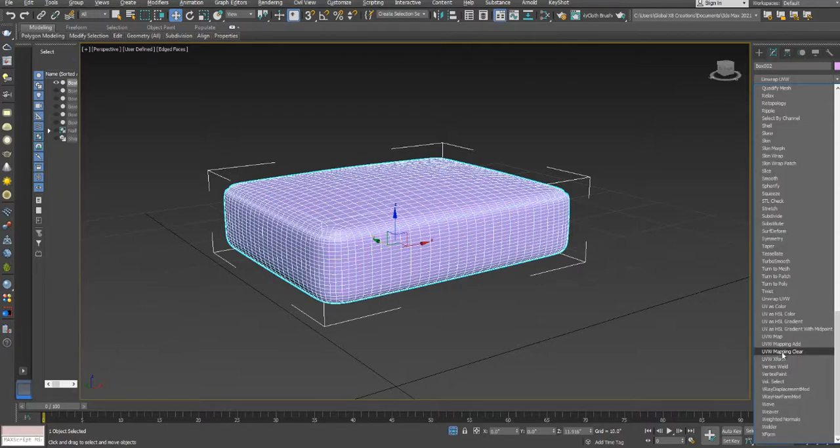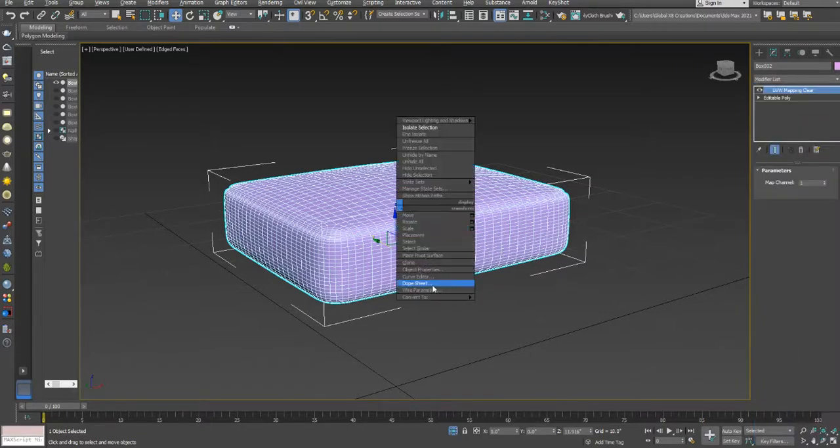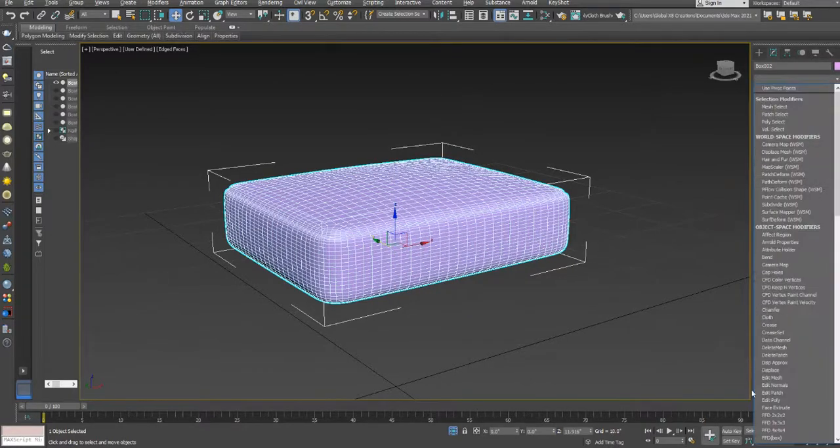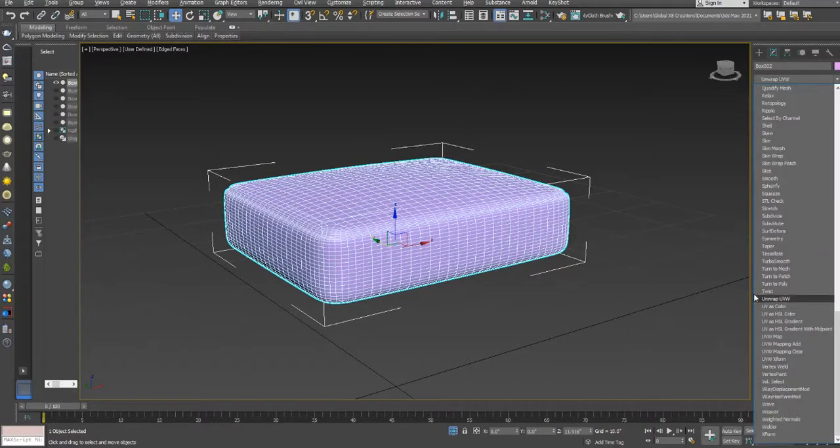We have to clear first any UVW so that we will have no more problems when dealing with the unwrap. Then after that, right click, convert again to editable poly, then unwrap UVW,